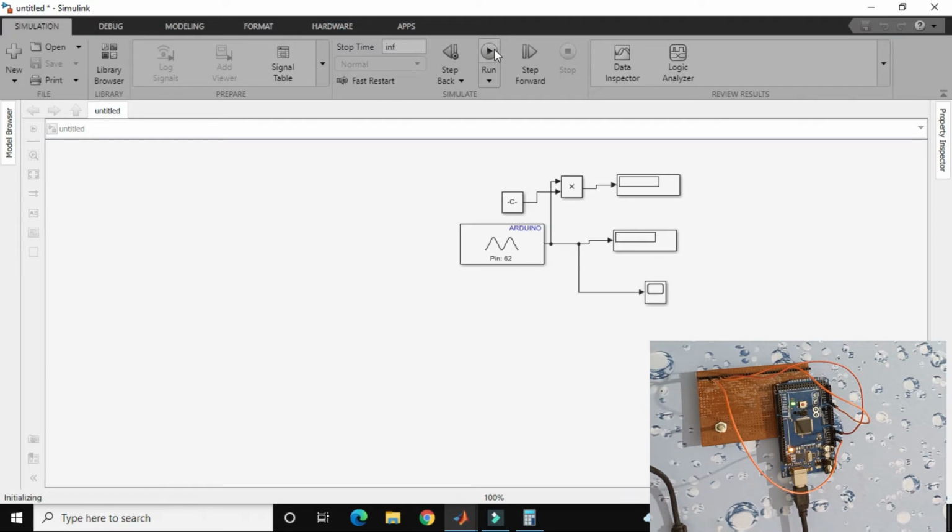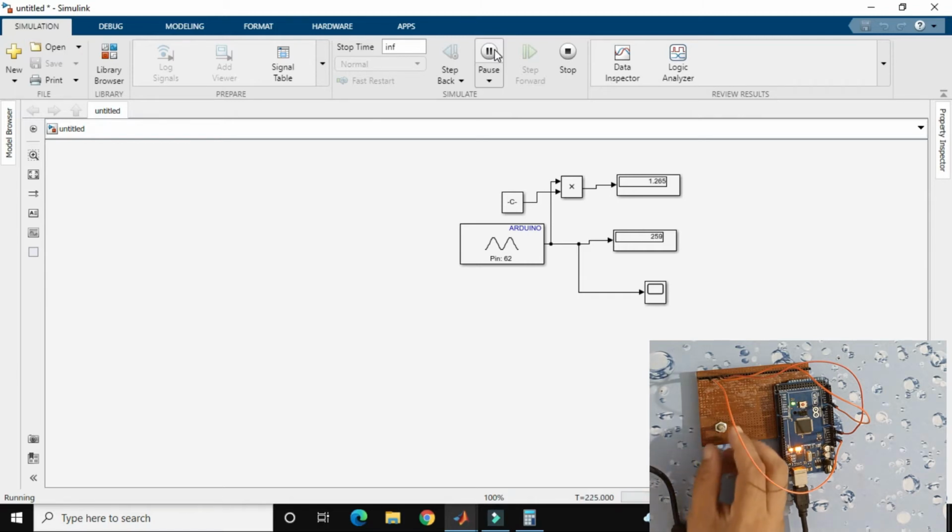It will take some time compiling. When TX and RX are both blinking, it means your data is being read. As you see, right now the value is 2 point something volt, and when I move the potentiometer it is decreasing, and it is 0.